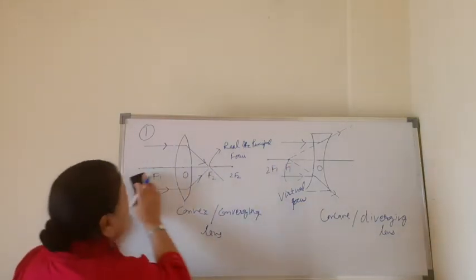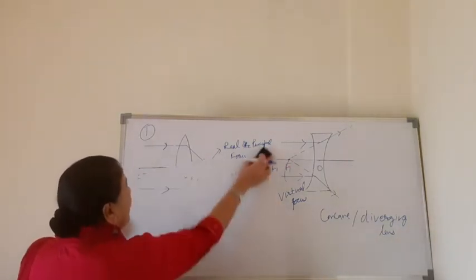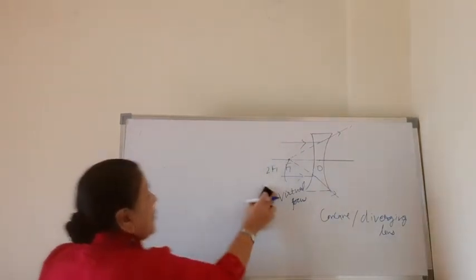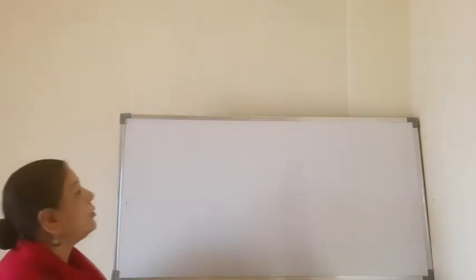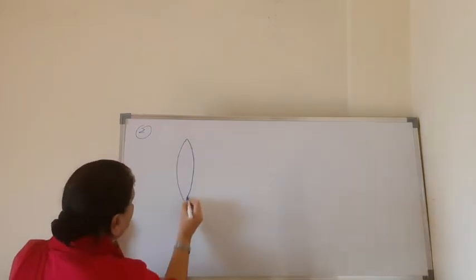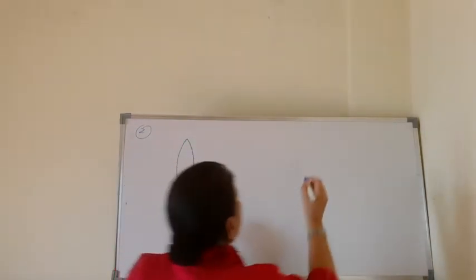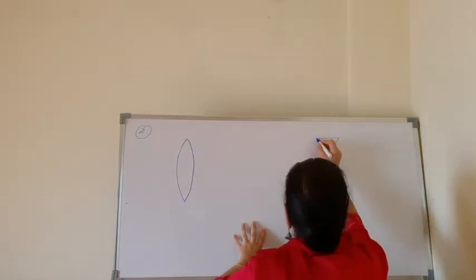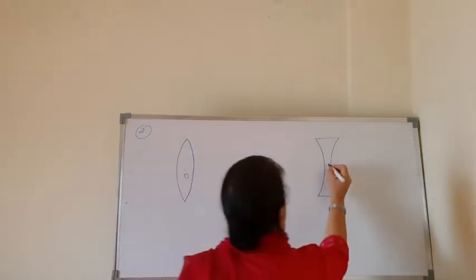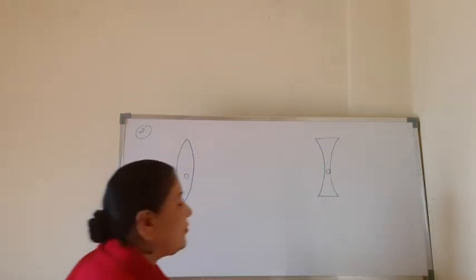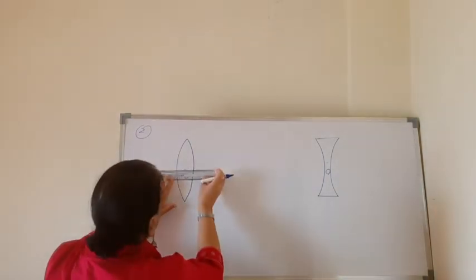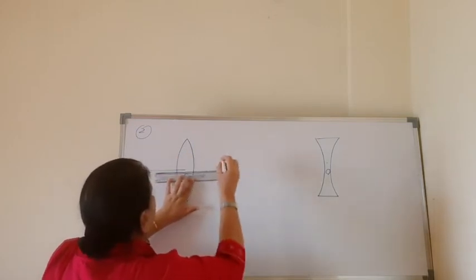Now the second ray I am going to take for both the concave and the convex lenses. I am going to show it first for the convex lens, and then for the concave lens, and see what happens. This is the optical center for convex, and this is the optical center for concave. So which ray am I going to take now? The second ray I may take,